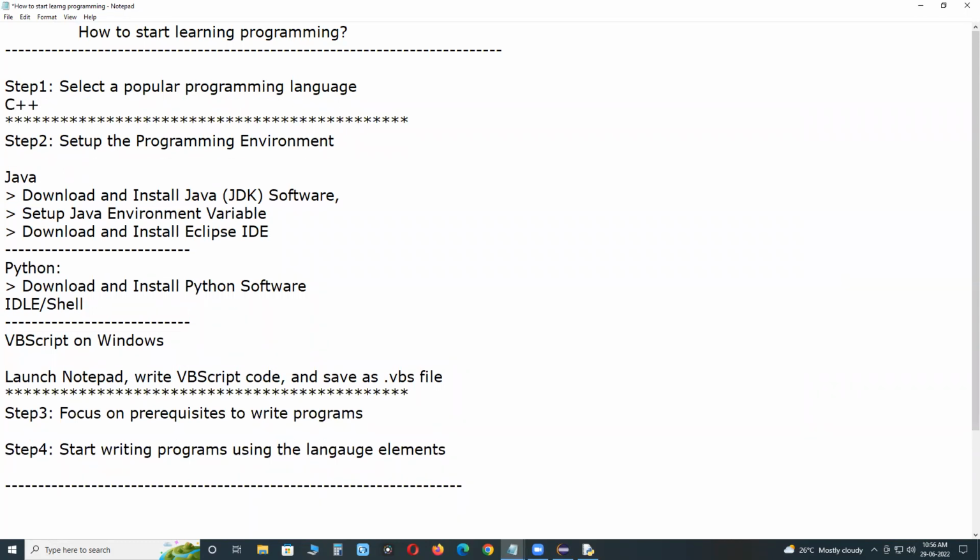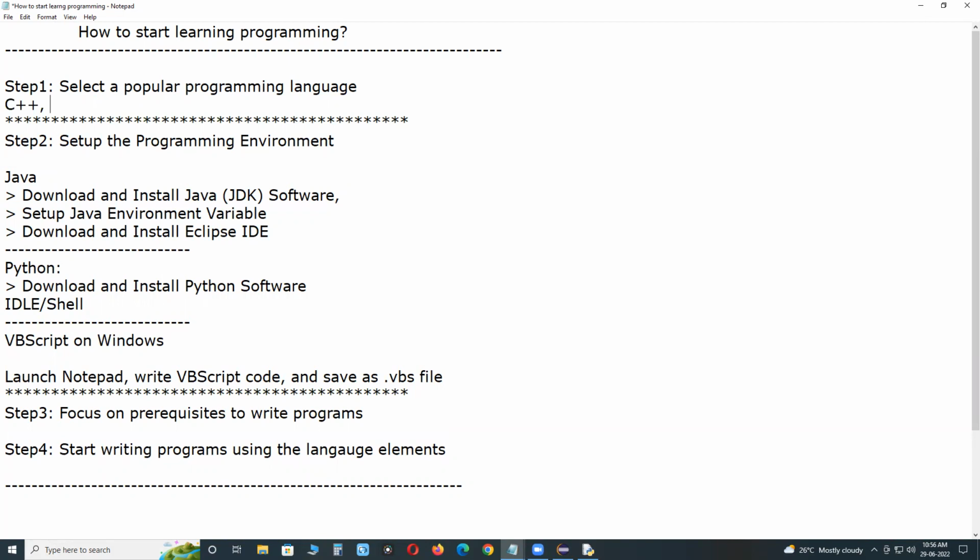C++. Nowadays, object-oriented programming paradigm is popular. So select an object-oriented programming language. Structured programming languages, C, COBOL, Perl, are slowly getting outdated.